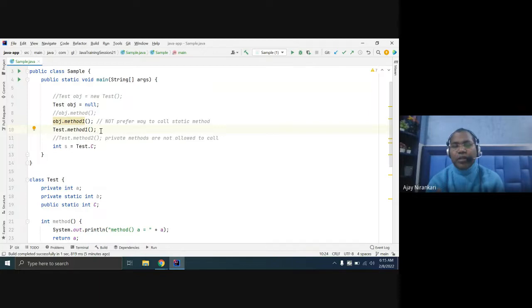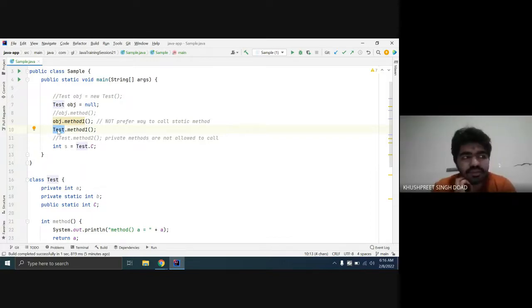So this is one key feature of your static method. A static method can be invoked from your object or from the class name itself. But the preferable way is always to invoke any static method from your class name.